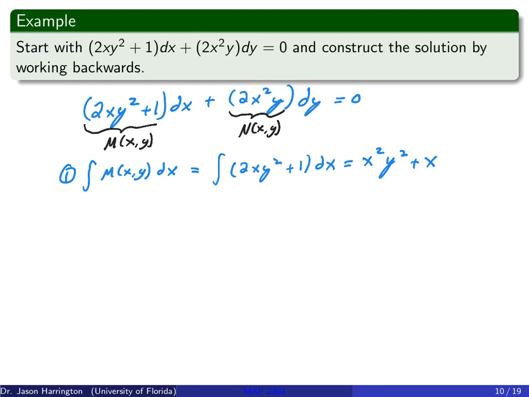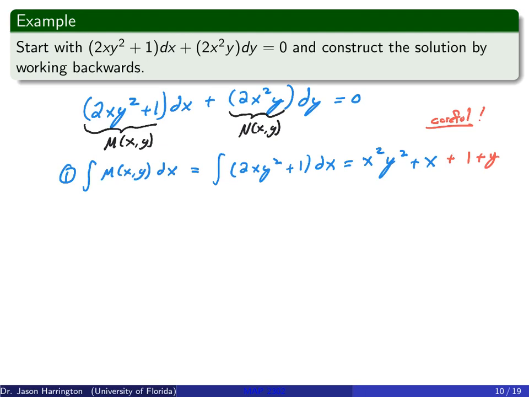Now, this is where you've got to be careful, particularly for those that are new to the concepts of having to work with two functions. Normally, in Calc 1, I would just say plus C and be done with it, but that actually doesn't work in this case. Remember, I'm integrating with respect to x, so I want to find something whose derivative is going to be 0, right? And you'll notice there's a lot of options. I can actually put plus 1, because the derivative of 1 is 0, that's going to work.